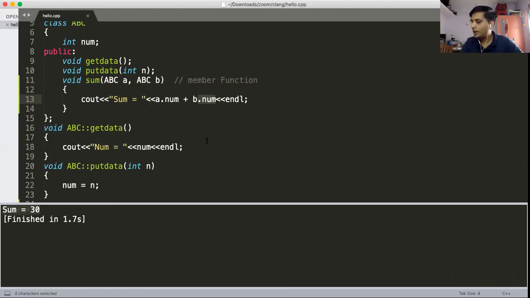So, getting this point: how to access the private member of the class by using the member function, by using the dot operator, we can access it. Yes, reply me.